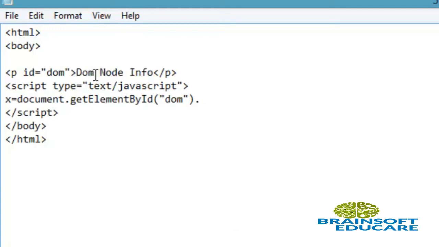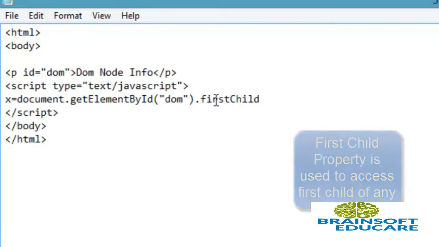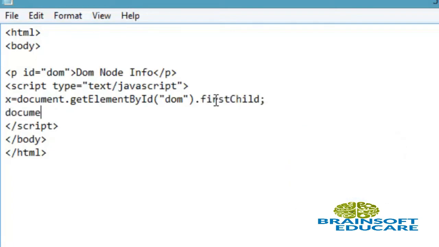info. So DOM node info, which is the text of the paragraph tag, is the first child. I want to retrieve this first child, so I can retrieve it using the firstChild property. Now I want to print this first child text which is the value of the node. So I am directly printing using document.write, printing one string